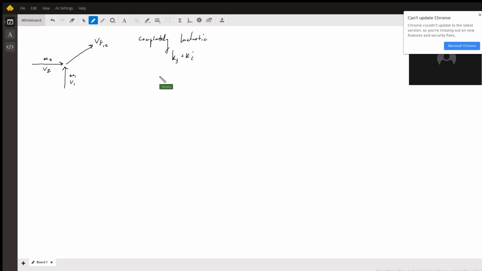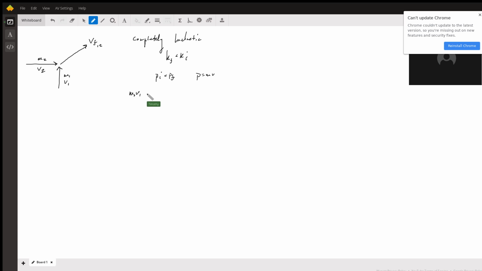Now, the conservation of momentum applies for all problems. So the initial momentum will always equal the final momentum of the system, meaning both of these cars in the system. Now, the initial momentum is going to be what? We have M1 V1, because momentum is equal to mv, right? So we have m1 v1 going in the north direction, which we'll call y hat, plus m2 v2